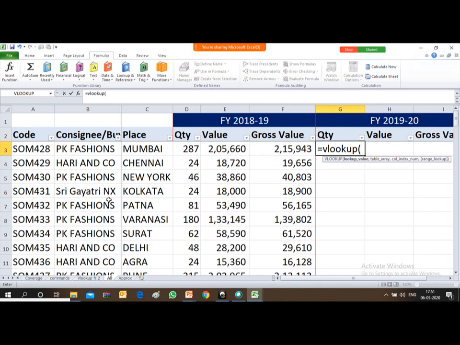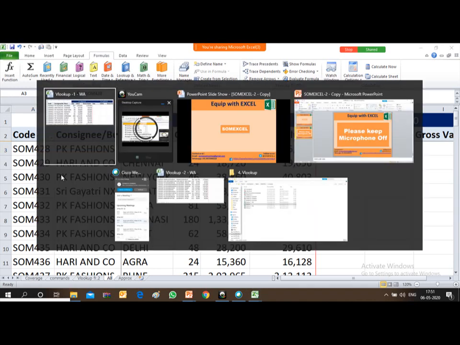But friends, before moving further, let me make sure that the range from where I want to derive the data contains similar values. For example, similar value means similar code, and there is no duplicacy of the code in that file. So I'll go to the next file.